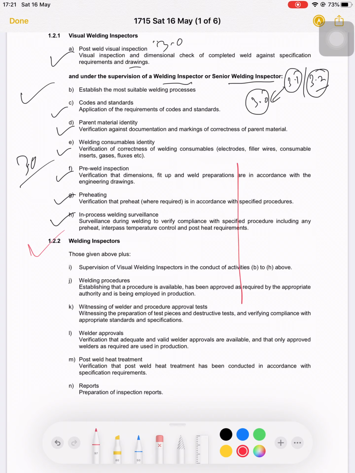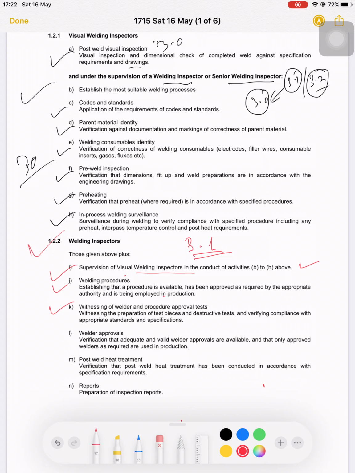Building inspector, this is for 3.1. This is for supervising the visual building inspector in the conduct of audit activities and building procedures, establishing that a procedure is available that has been approved by the appropriate authority.